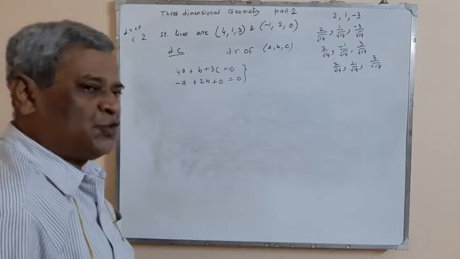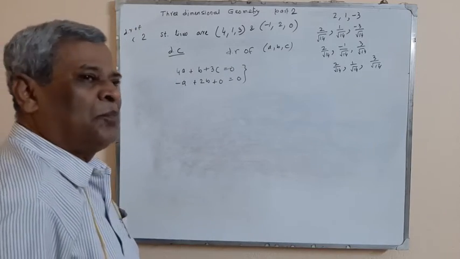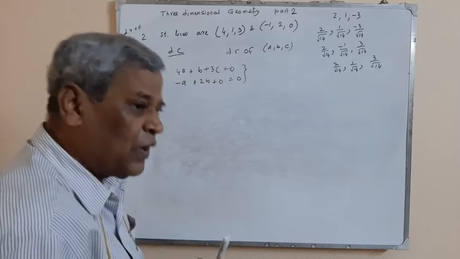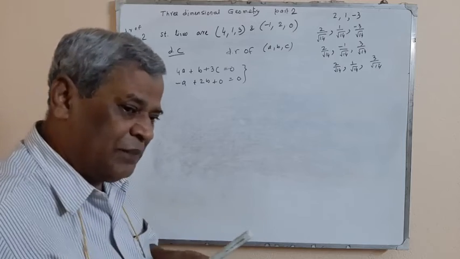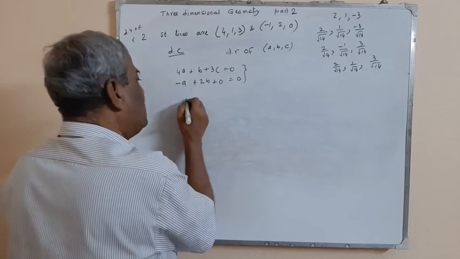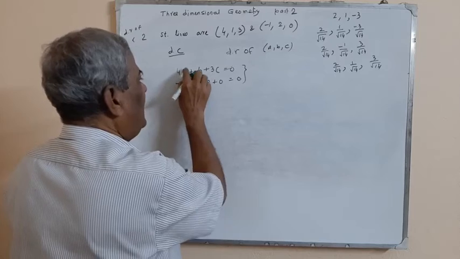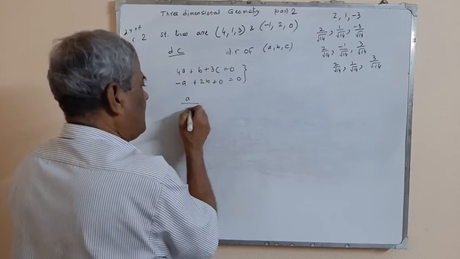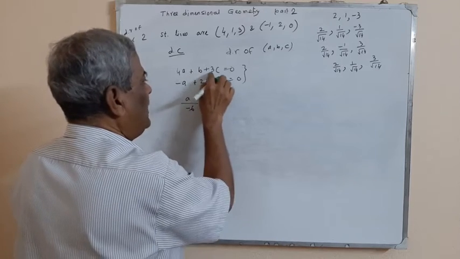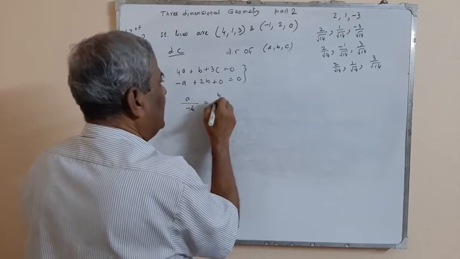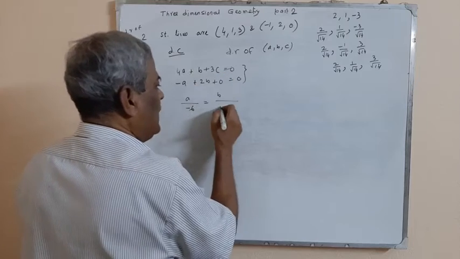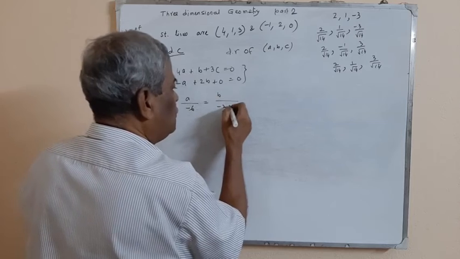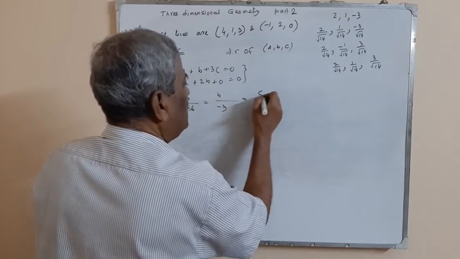Now from these two, by using cross multiplication, we can very easily calculate the ratio of A, B and C. So A by (1 into 0 minus 6) equals B by (3 into minus 1 minus 4 into 0) equals C by